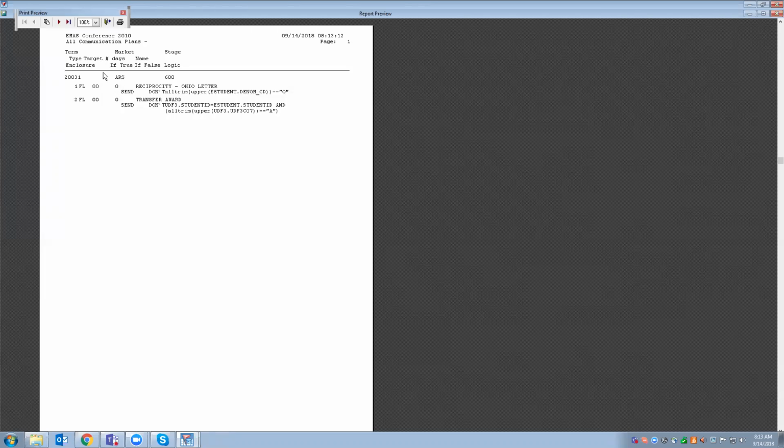What I like about this report is that it gives you a printout of the logic statement. So if you ever needed to refer to that logic statement and you didn't want to have to go into the plan to see it, this is the most efficient way to see your plan.